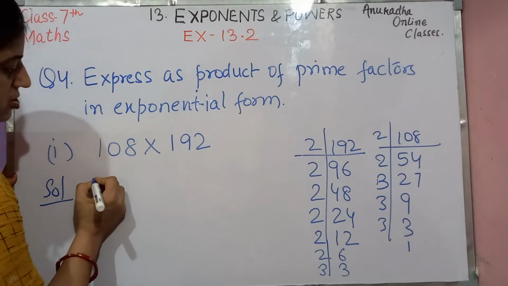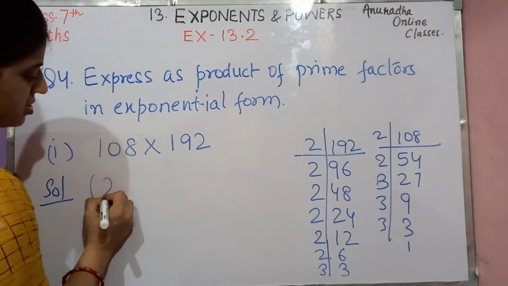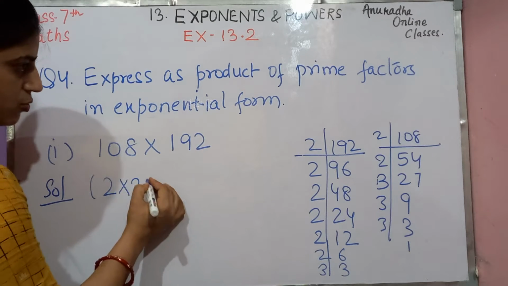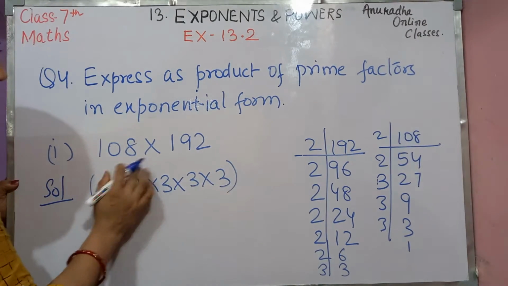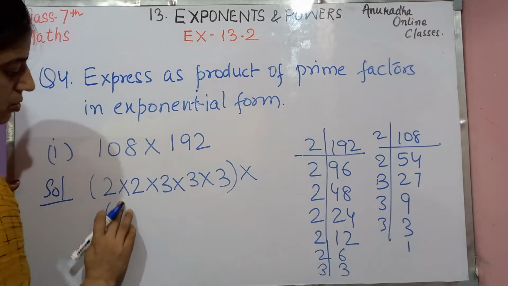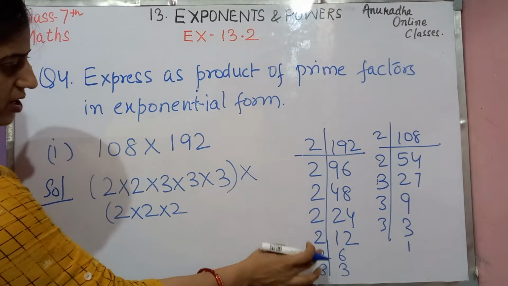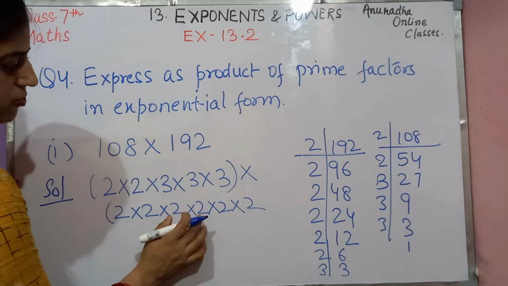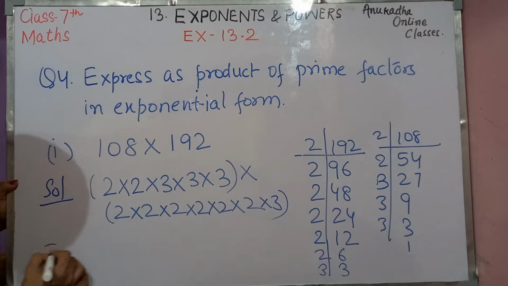So write down first 108 के prime factors. We can write 1 2, 2 times 2 is there. So we can write in this way. और सबसे पहले आप वहीं से नोट कर लें इसको 3 into 3, right? This is 108. उसके बाद हम लोग आते हैं multiply 192 के देखो. This is 2 into 2 into 2, 1 2 3 4 5 6 into 2 into 2 into 2, right? 1 2 3 4 5 6 and what? Into 3. Okay, so let's start doing this.